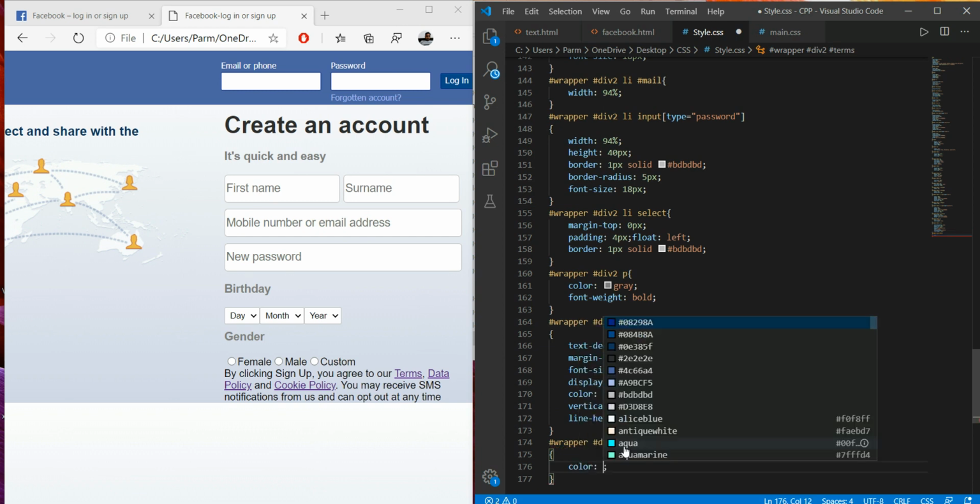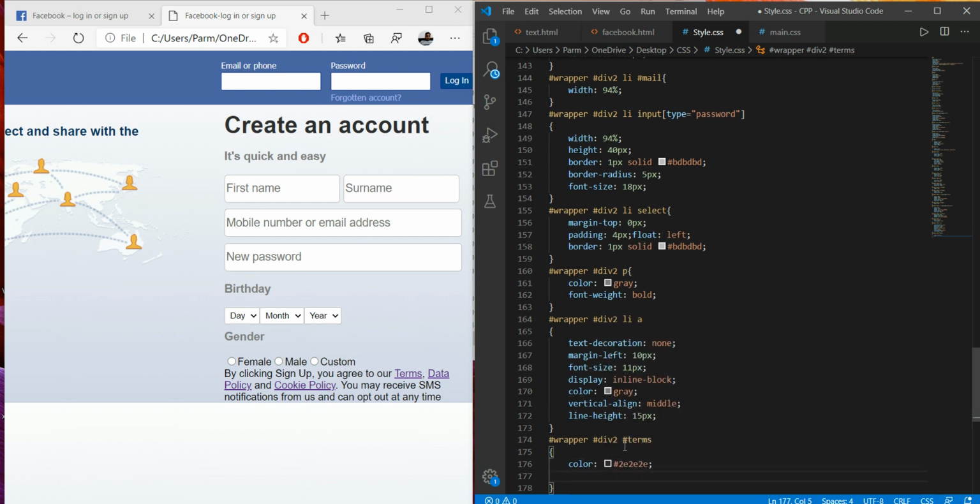Here I want to set this color. Then I set font size 11 pixel. Save this, refresh it, nothing is going to change.